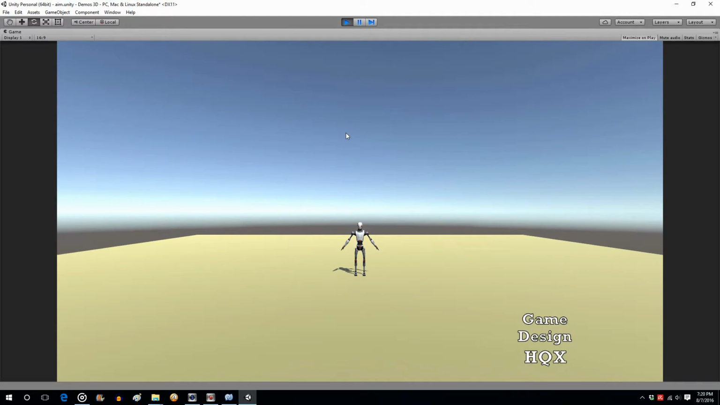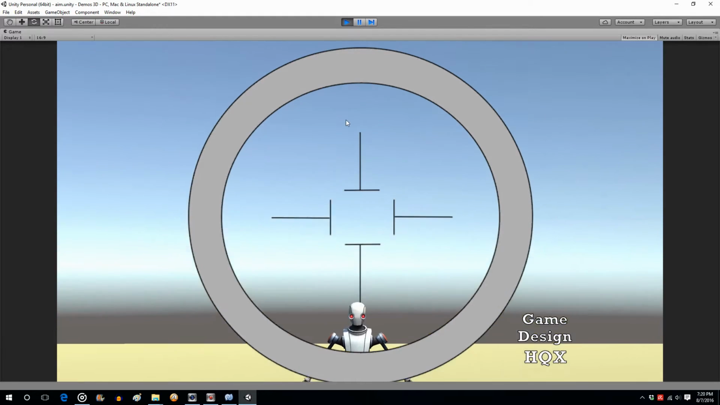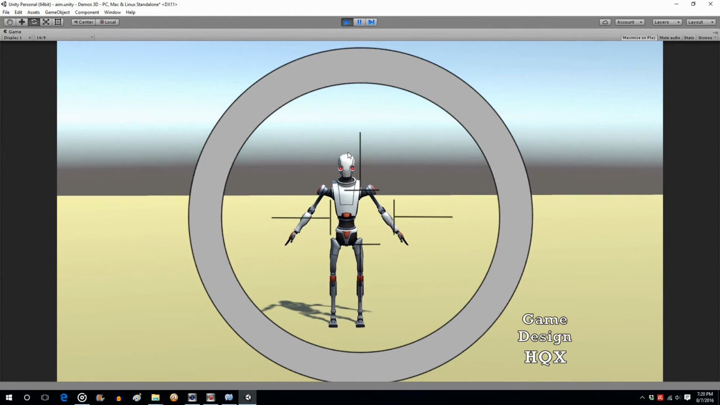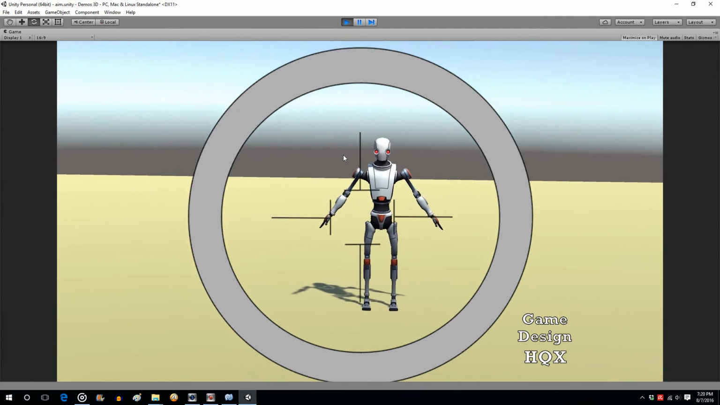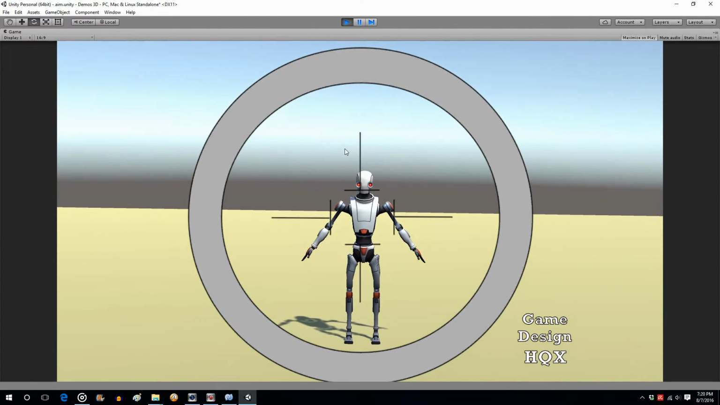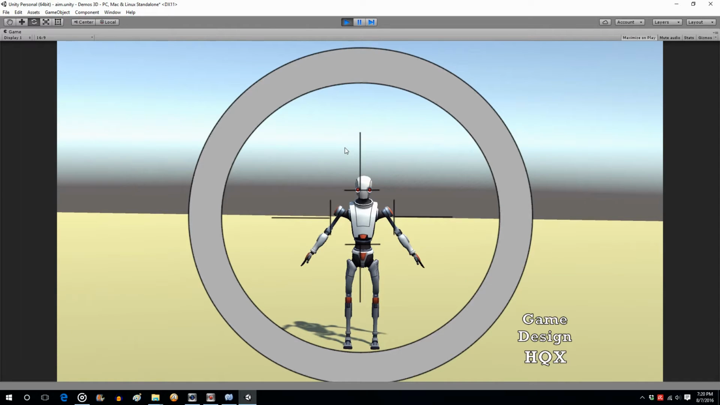So I'm going to hit the space bar. I'm going to move up, it moves up, I move down, move left, move right. You now have aiming down sights. That easy. Now the only thing that we don't have with this is if it's a sniper, you may have